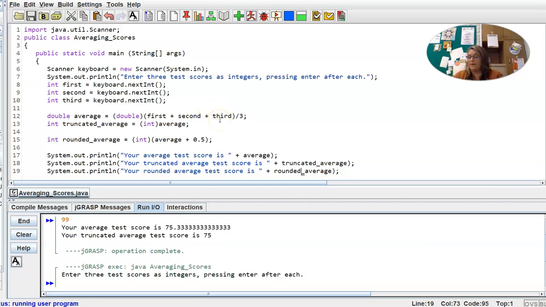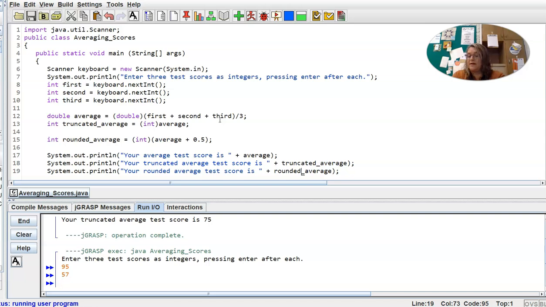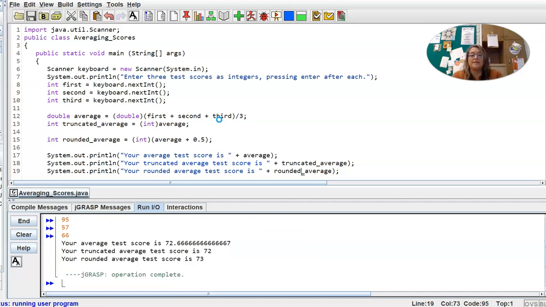Okay, so let's make our 3 test scores this time be a 95, we'll do a 57, and then a 66. Okay, so we can see the double with all the decimal accuracy. The average was 72.66 repeating. Then our truncated average, that's where we just chop the decimal off, right? That was 72. The rounded average, where we took the average plus 0.5 and then cast that as an int,